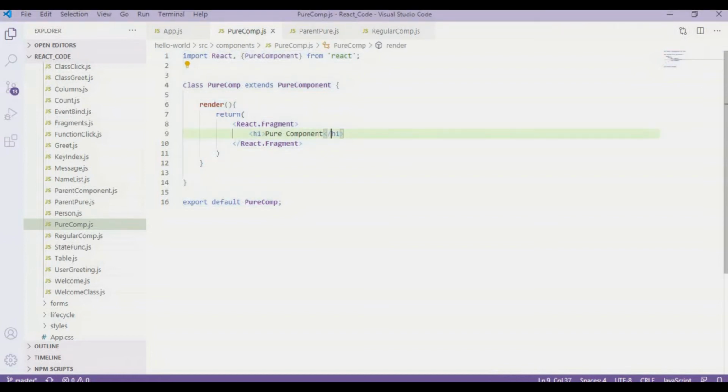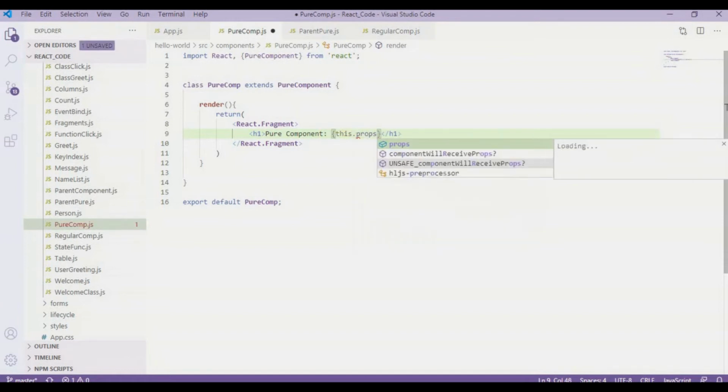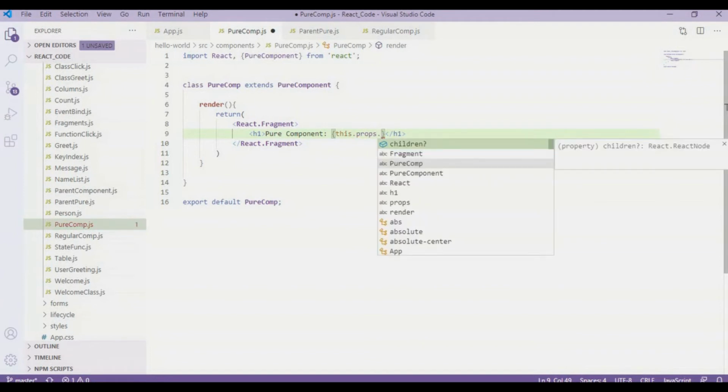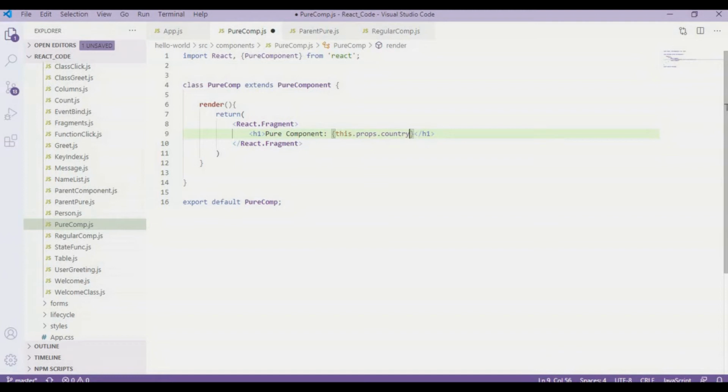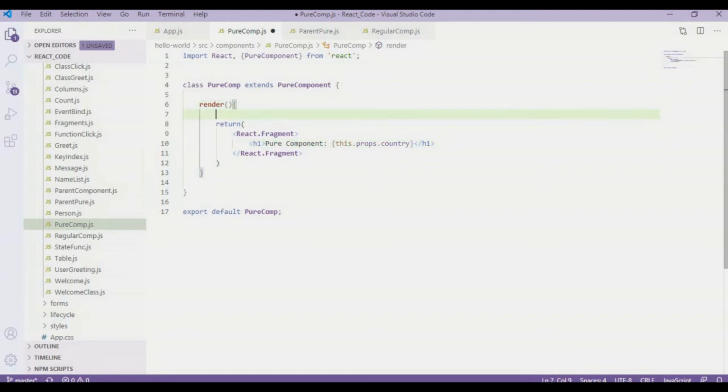Inside this pure component h1 tag, I'm going to add this prop value, this.props.country, like this. And also I'm going to have a console.log over here. It is a pure component, so I'll simply write "pure component" to identify.